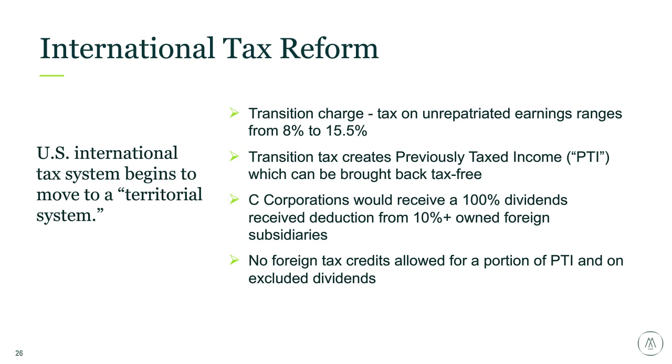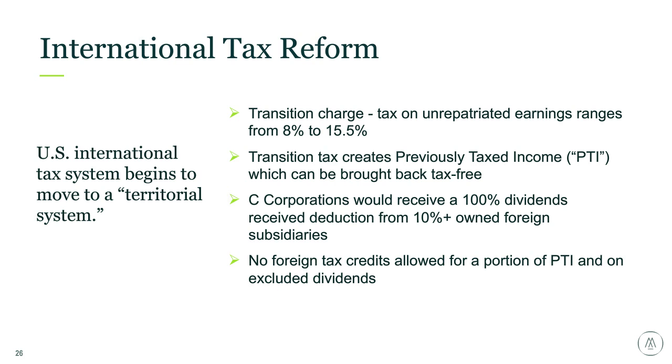That 8-year election is not a ratable payment. It gets backloaded into the last 3 years. So it's 5% of the total liability for the first 5 years, 8% for the next year, and then 15, 20, and 25% of the liability in the last 3. So it really gets, like I said, loaded back into those later years.